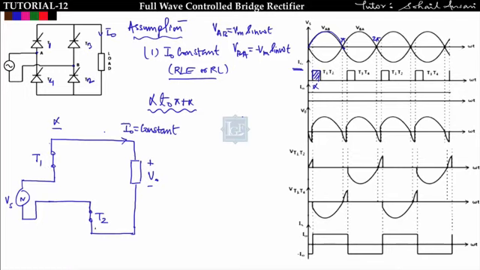So T1, T2 will be shorted, and in this case the output voltage V0 you will get is equal to the supply voltage. The output voltage will follow the supply voltage, that is equal to Vm sin omega t, and this is point A, and this is point B. So I can also say V0 is nothing but VAB. If you apply KVL, then VBA plus V0 is equal to 0. So VBA is equal to minus V0. So VAB is equal to V0 you will get from alpha to pi plus alpha.